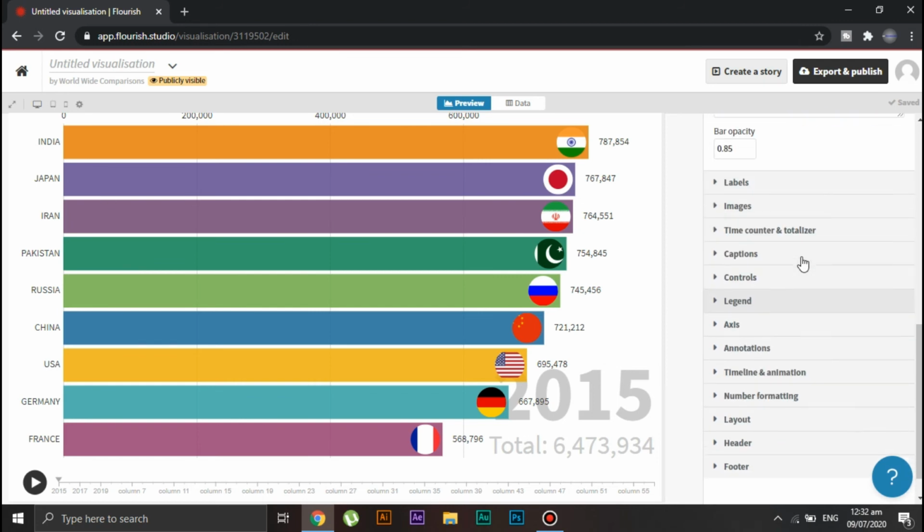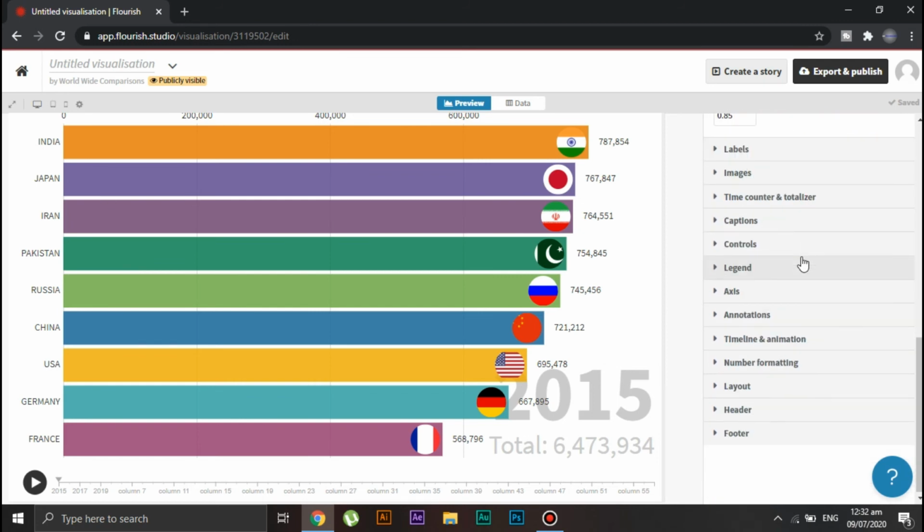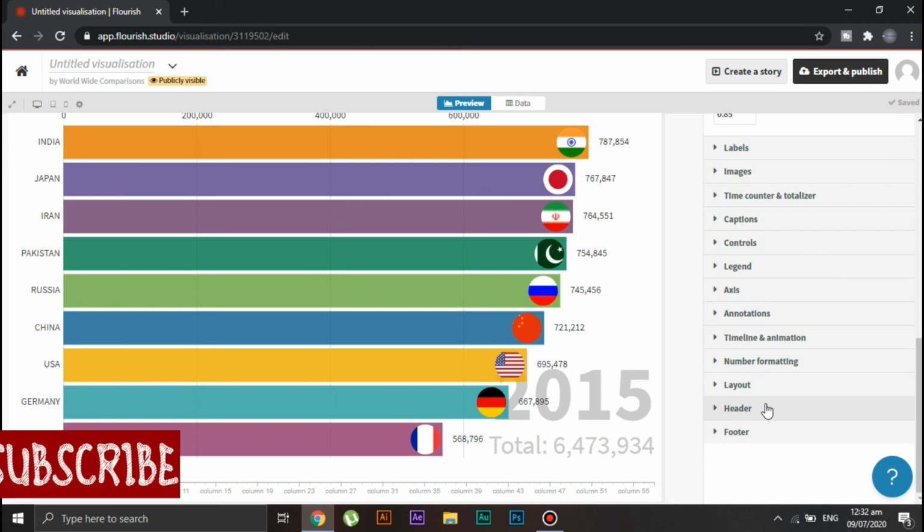Okay guys, now I think I should put a full stop to this video, but at the end, as I promised, I'll tell you how to use this graph in your videos. So the one and only method is to use a screen recorder. You will be required to use a screen recorder which allows you to record a specific portion of the screen. And if you don't have such type of a screen recorder, then you can also use a simple screen recorder and record the whole screen, and then you can edit it in your video editing software.